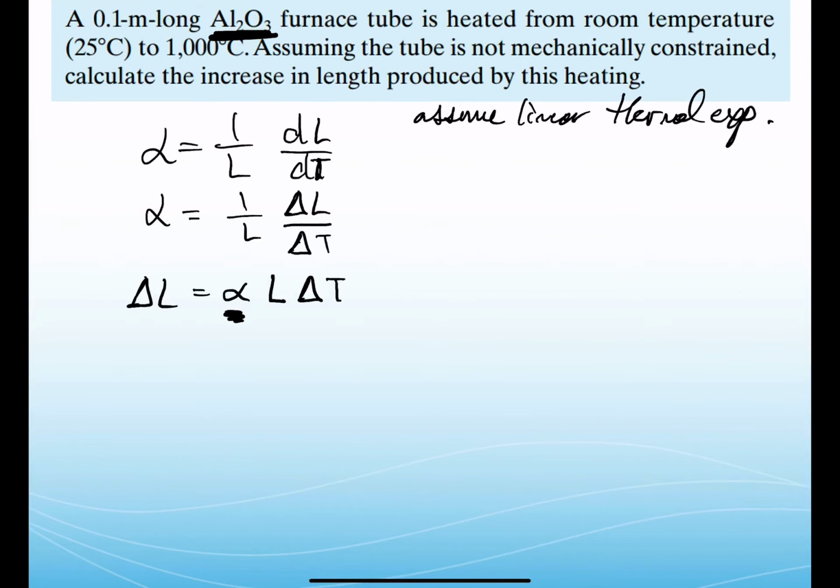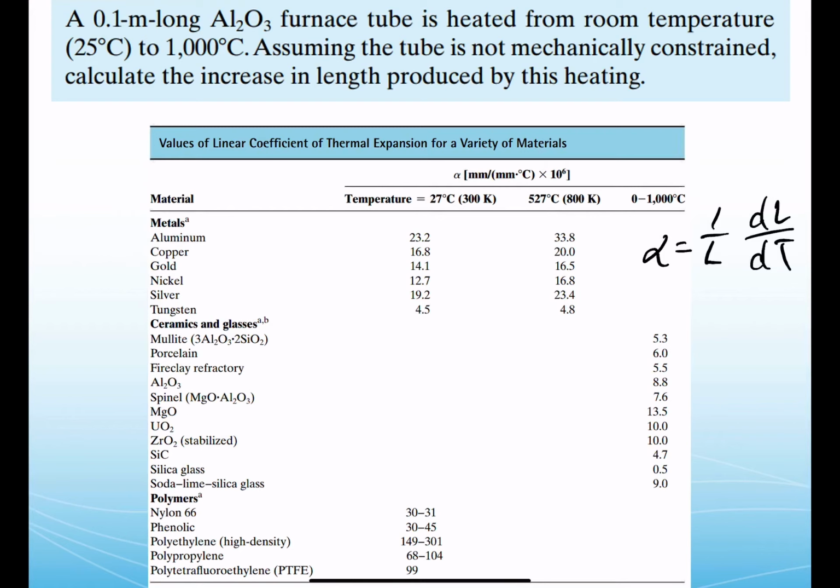So we'll go to the previous slide and look for that. Alumina was Al2O3, and we see that material listed right here. We're using 8.8